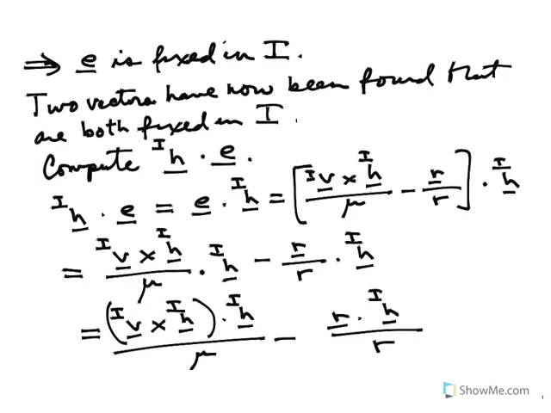VI crossed with HI must be orthogonal to HI. So the first term has to equal 0, because I'm taking the scalar product of VI crossed with HI, and VI crossed with HI is orthogonal to HI, so that's 0. The second one is that R dotted with HI also has to equal 0, because HI is equal to R crossed with VI. So if I take one more step here and actually write this out, you get E